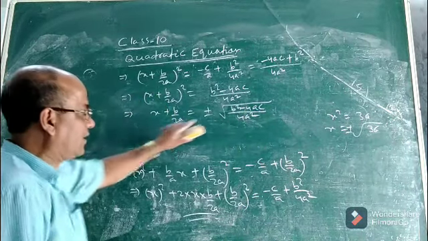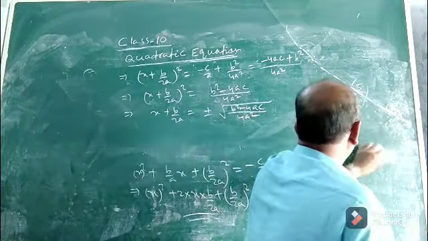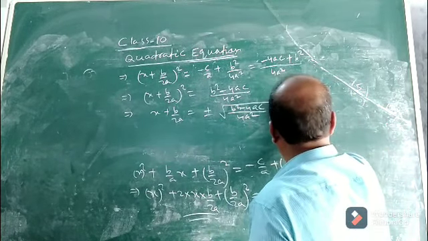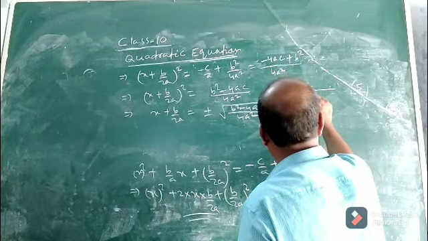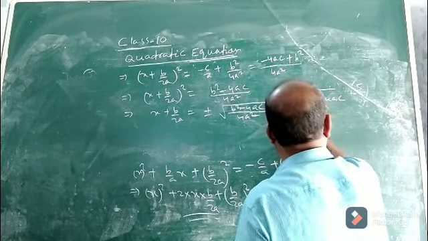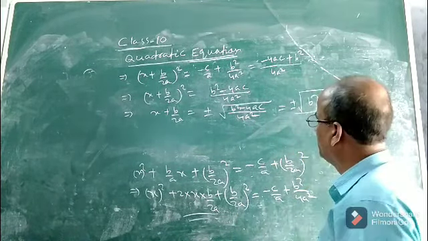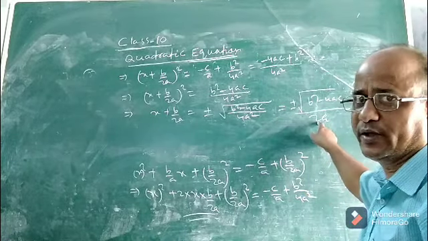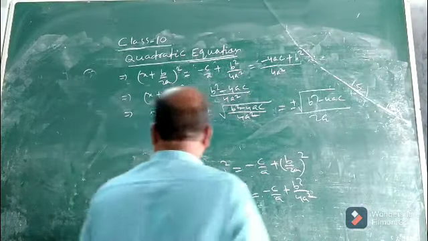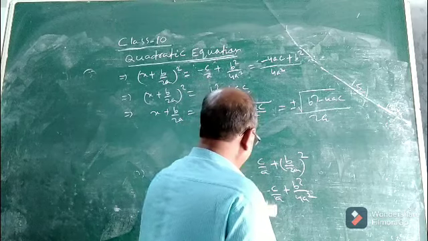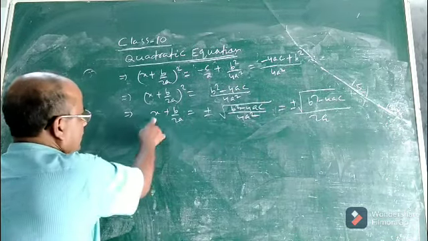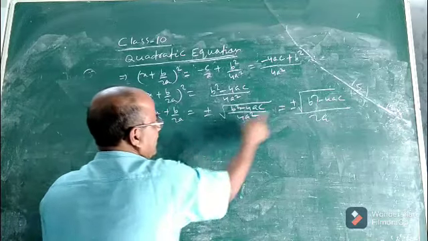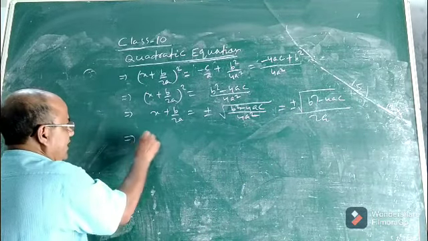See? And what will be the value of this? This will be equal to plus or minus square root of b square minus 4ac divided by 2a. You see, square root of 4a square will be 2a. Okay? Now, we can easily find what are the roots or what are the values of x. You see. So x plus b by 2a equal to this.